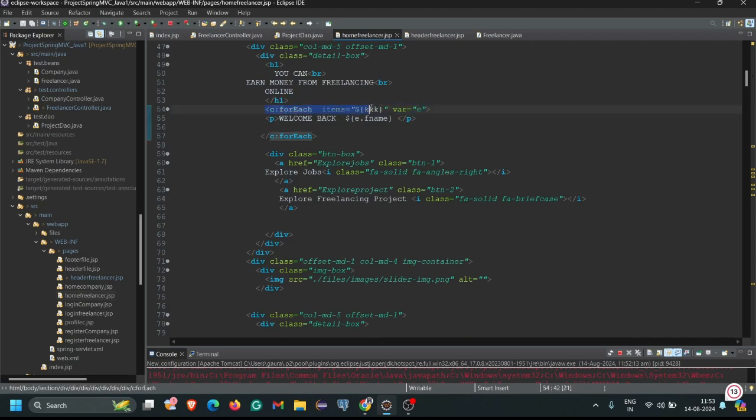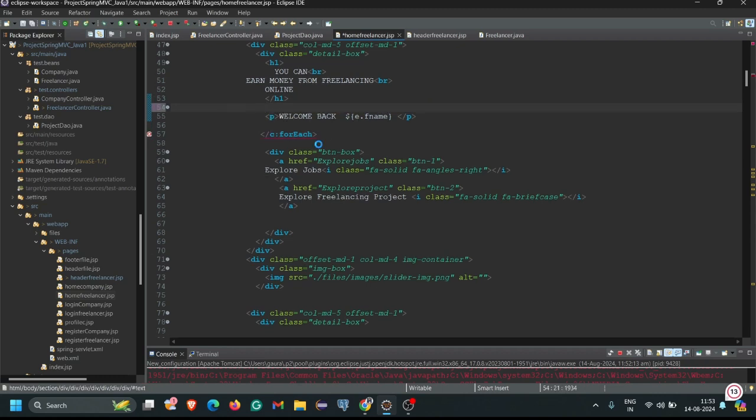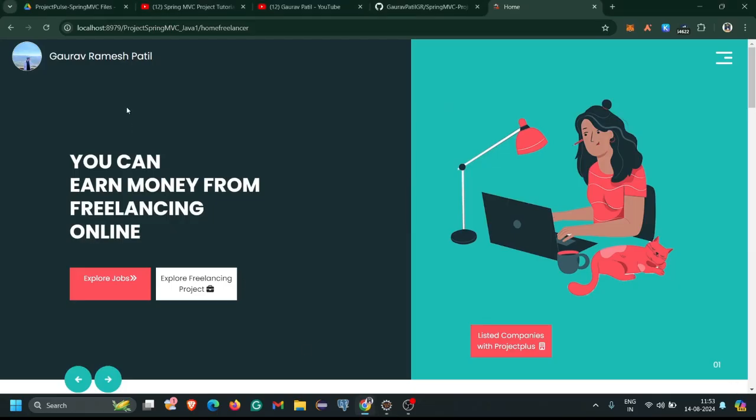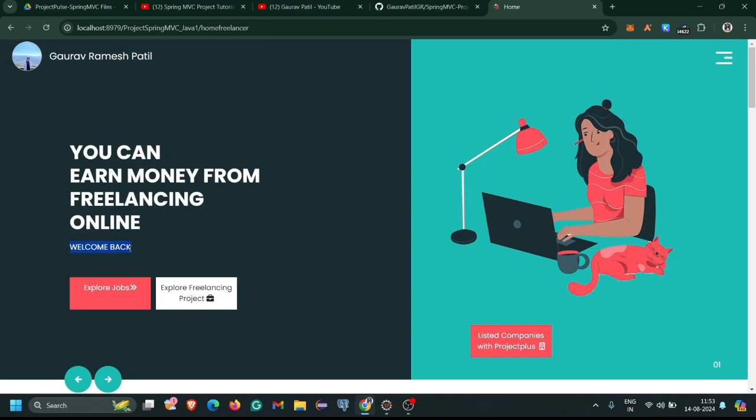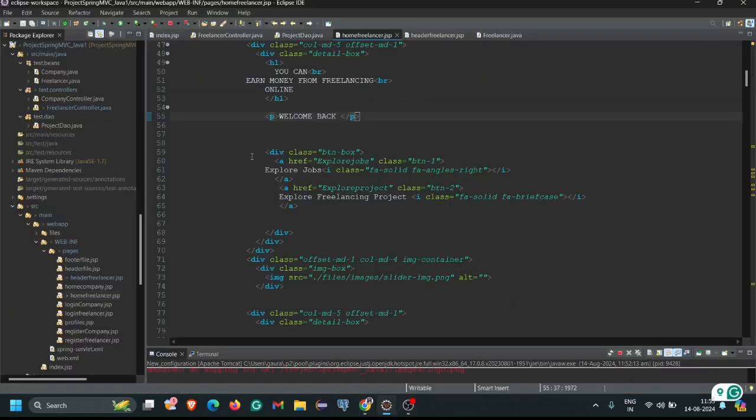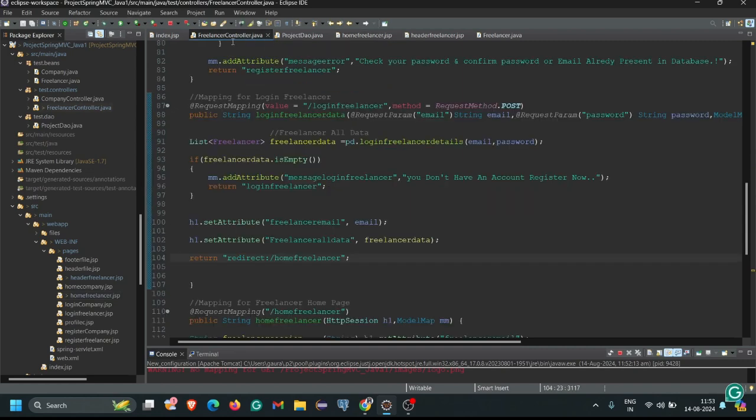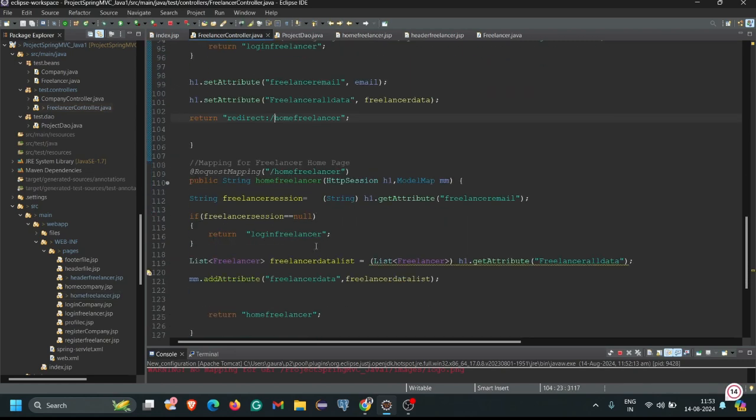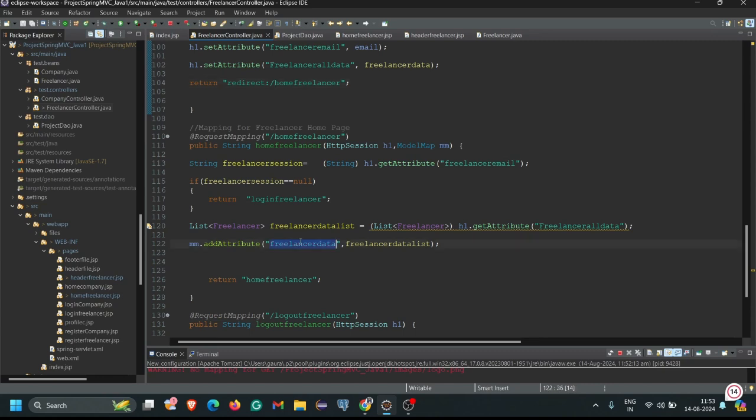Okay, I will show you which kind of things we have to do here. So I am just removing these things from here and this one. I am just refreshing this web page, and here you can see after "Welcome back" we have to mention Ramesh Patil. So "Welcome back Gaurav Ramesh Patil". So this kind of name we have to show here. For that we have to do almost nothing. We just need to copy that particular key from here. Here you can see this freelancer data, and we have to simply copy that entire key from here